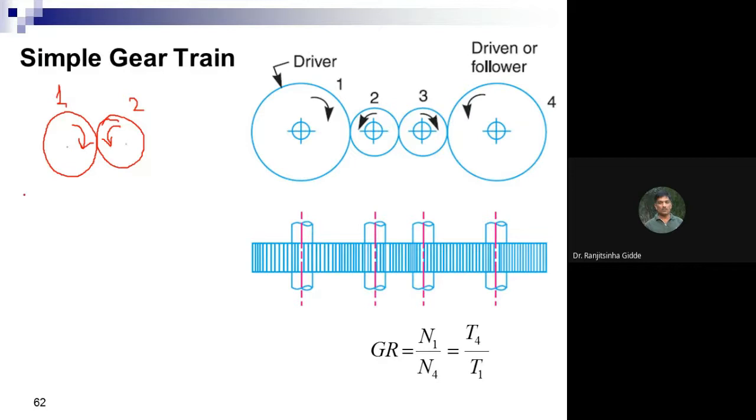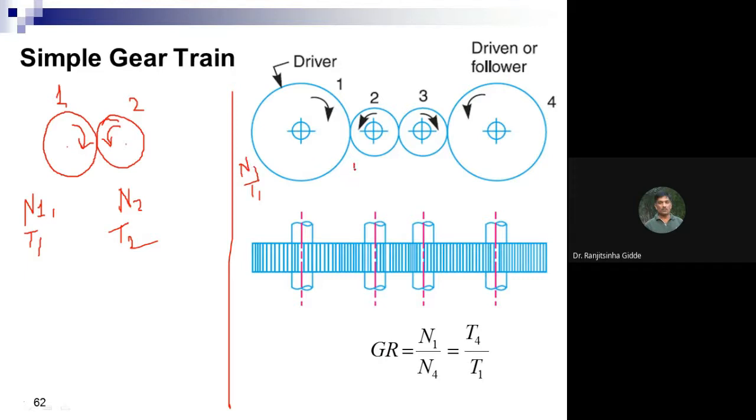Let us consider the speed of gear number 1 is n1, the speed of gear number 2 is n2, then the number of teeth on gear number 1 is t1, and the number of teeth on gear number 2 is t2. So instead of that, I will write here t1,